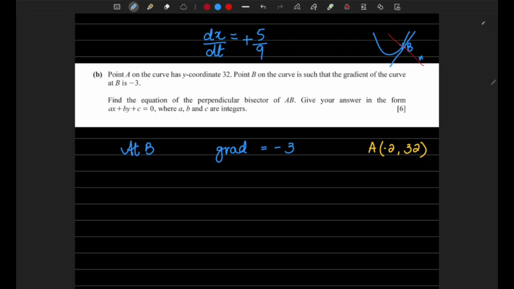If we know the slope of this perpendicular bisector, and we know the point B. Obviously, it is passing through point B. So if we can find the point B and its gradient, then we can find the equation. So if the gradient of the curve is -3, then the gradient of